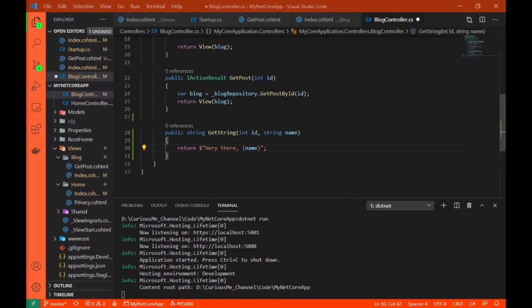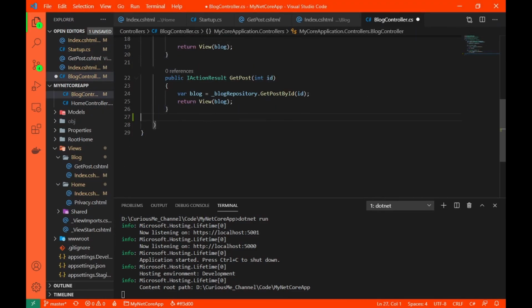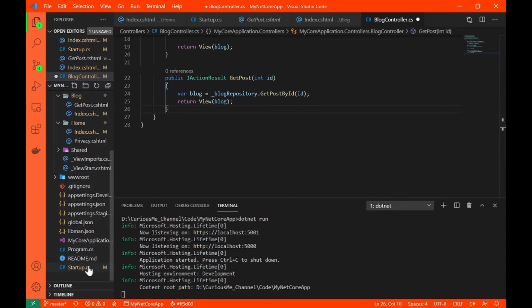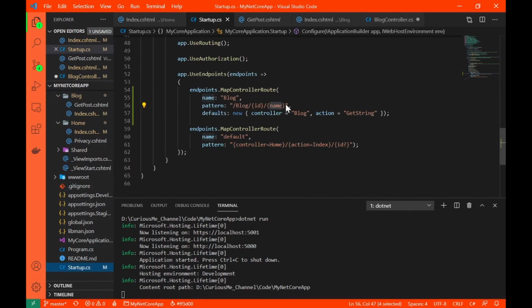Okay, so now let me remove all of this code. I'll go to settings and remove this as well. I'll keep this because for the rest of the tutorial, I mean future videos, I'll keep this because this is aesthetically good. So we have covered all the basics of conventional routing, and that is a wrap for this video. In our next video, we'll discuss attribute routing.